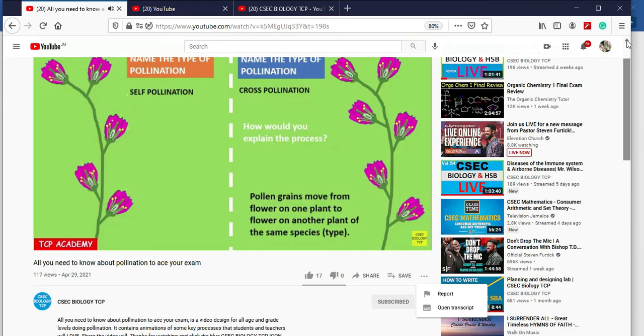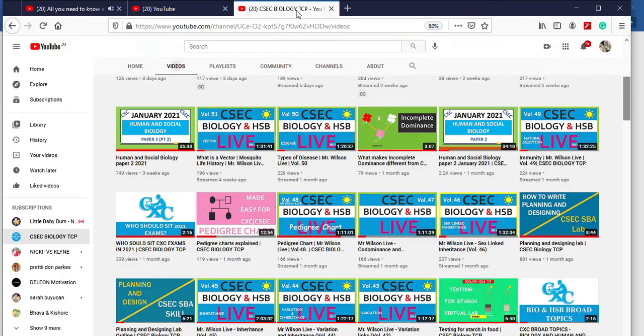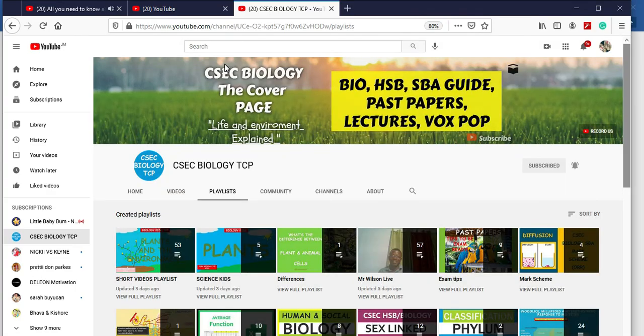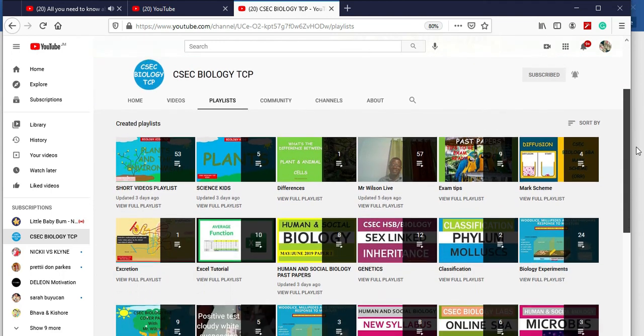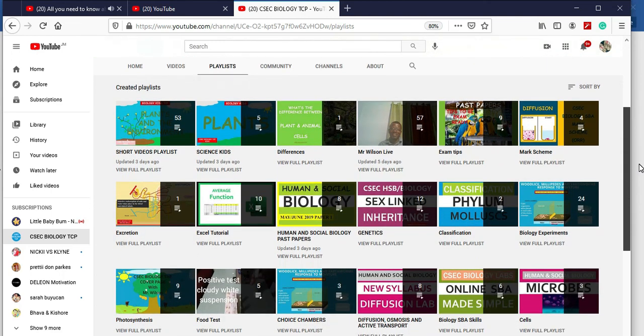Wonderful. Pollen grains move from the flower of one plant to the flower of another plant of the same species, or one might say the same type of plant. So if we're paying keen attention here, it's pretty much the same type of plant, but it's as if one plant is moving a pollen grain from point X to point B, where there is